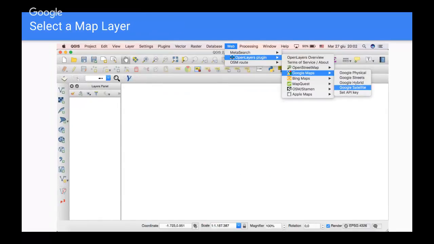So in order to activate the map, you will need to go to the drop-down menu that opens once you click on Web. And in Web, you will find the OpenLayers plugin if you have installed it correctly. And then you can show which map you want to display. The choice of the map really depends on you.